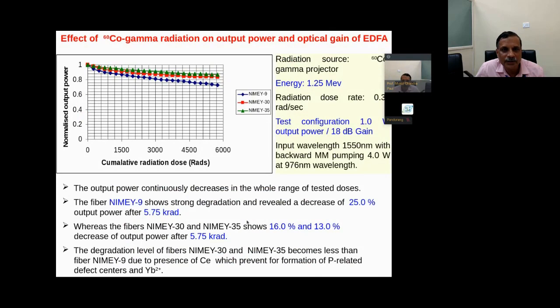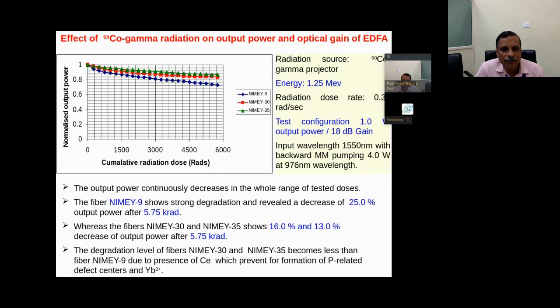We have used a cobalt-60 gamma radiation source to see the performance of the output power and optical gain. And here we have seen that this kind of fiber, 35, gives the best performance. For the gain performance we have used 1.25 mega electron volt energy, and we have increased the radiation up to 5.7 kilorad. And in this case